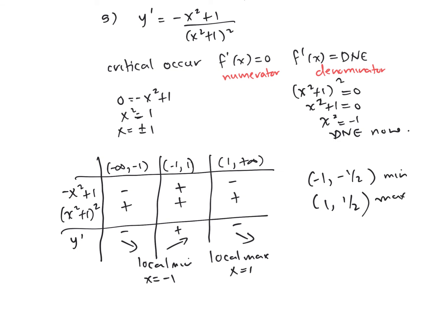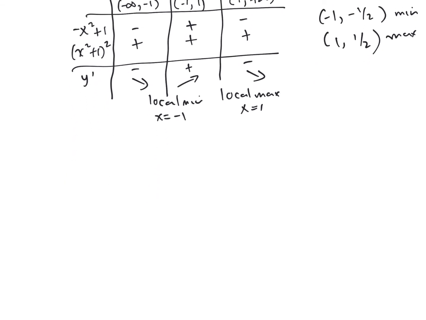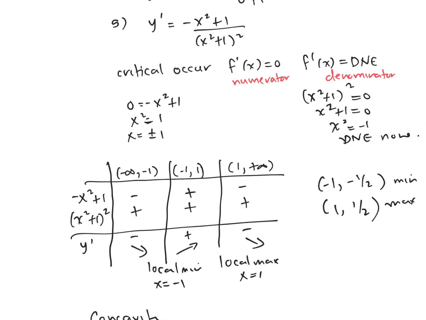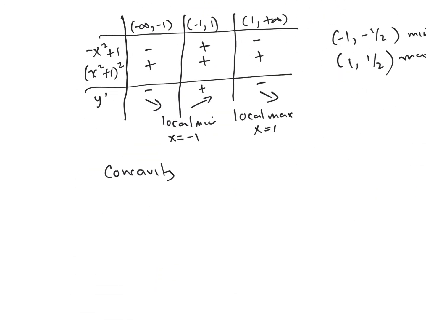Okay, the next thing I want to look at is concavity, so I can get a little bit more information about what the graph looks like. So we're going to do concavity. Am I numbering these? I'm not sure. So yeah, let's call this number 6. So that's my second derivative. So the second derivative is given